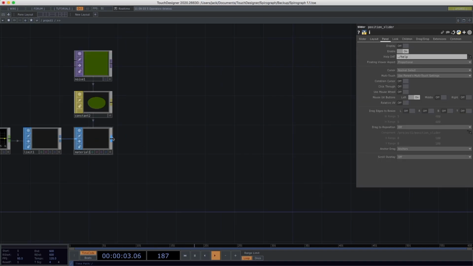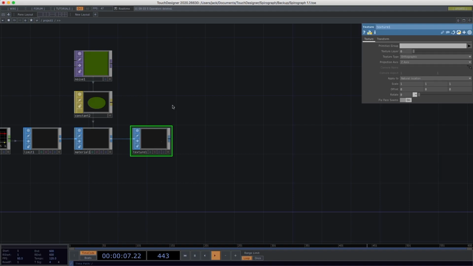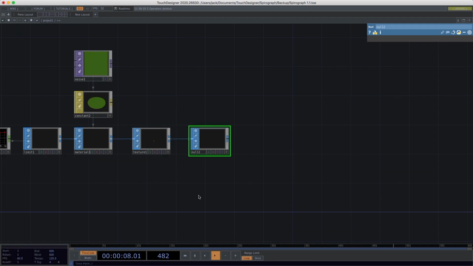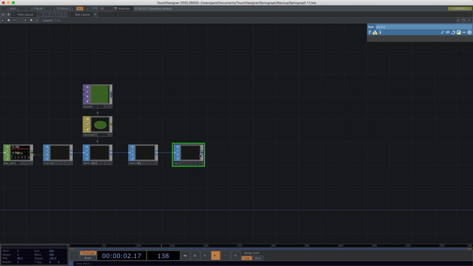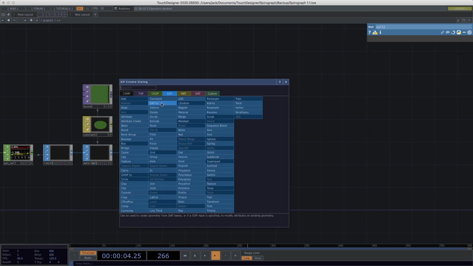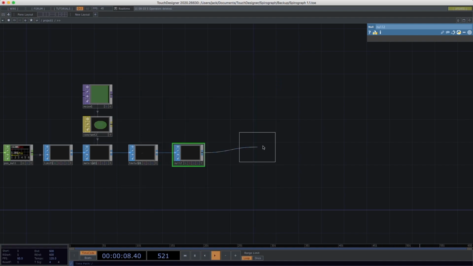So from there, I dropped down a texture SOP because this creates UV attributes, and if you don't place this down, your render top that we're going to put down later will start yelling at you. From there, I put a null down, and that actually completes the SOP portion of the network. We can continue by adding a geo, which is what we're going to use for creating the rendering of this